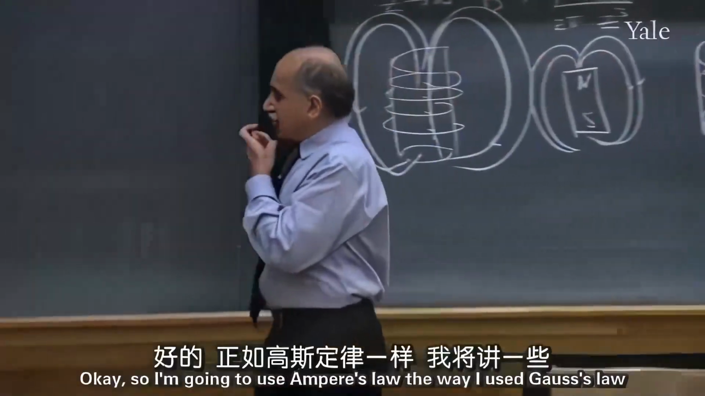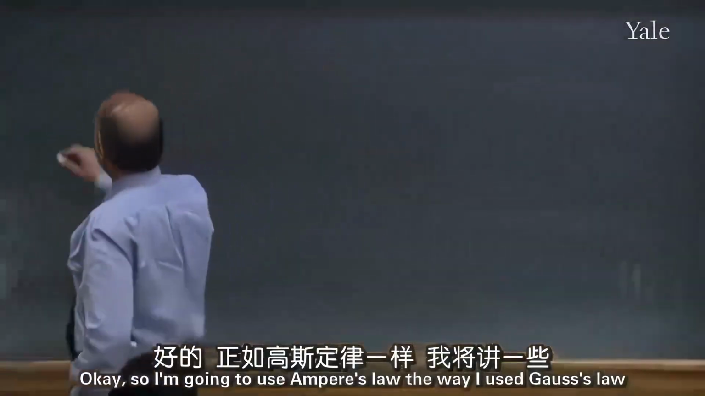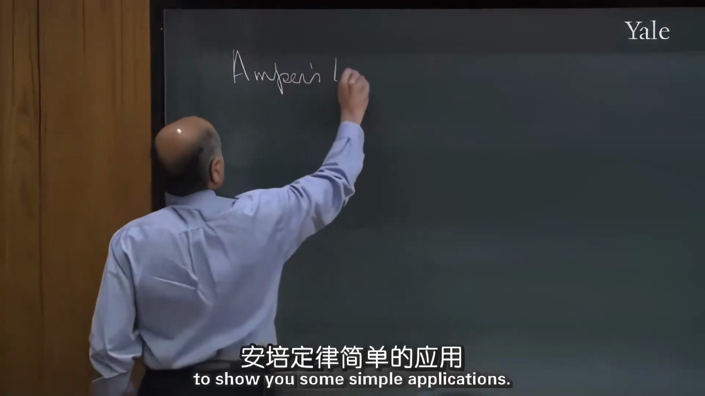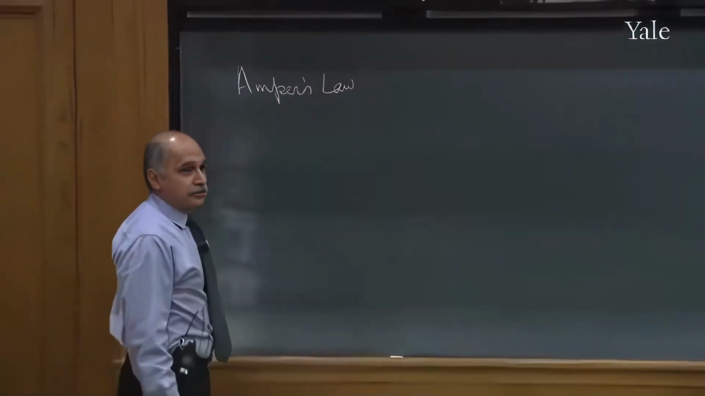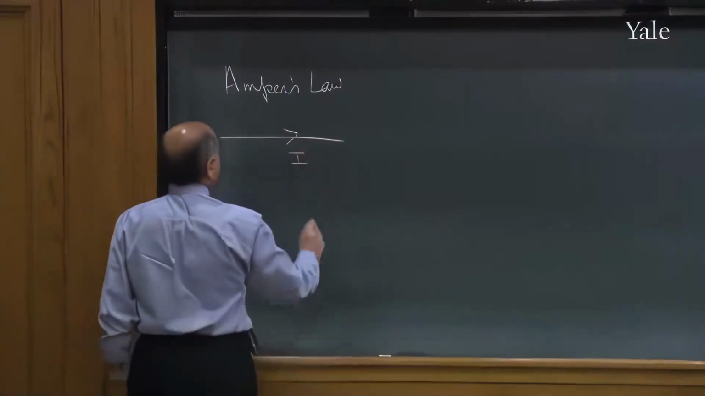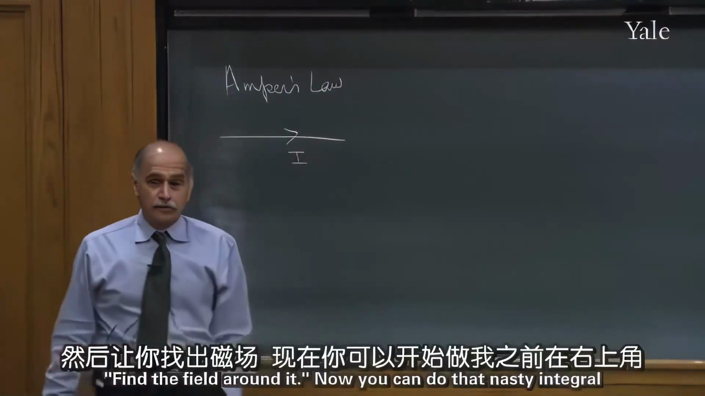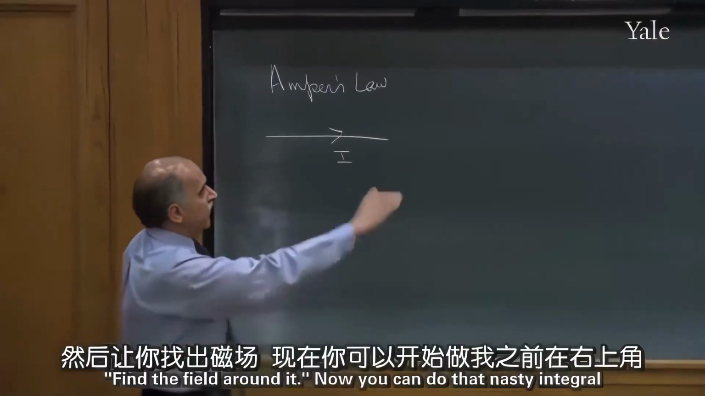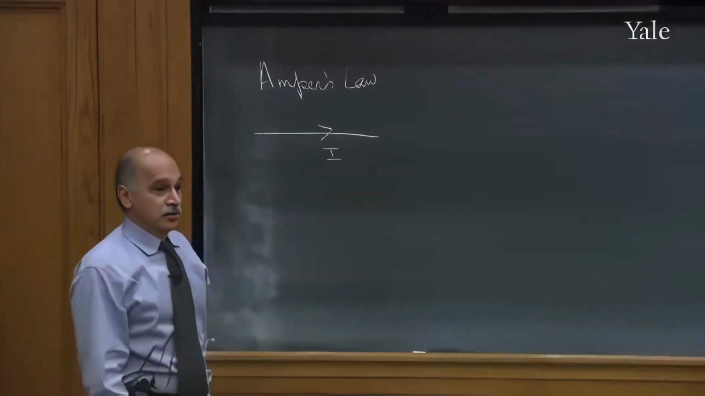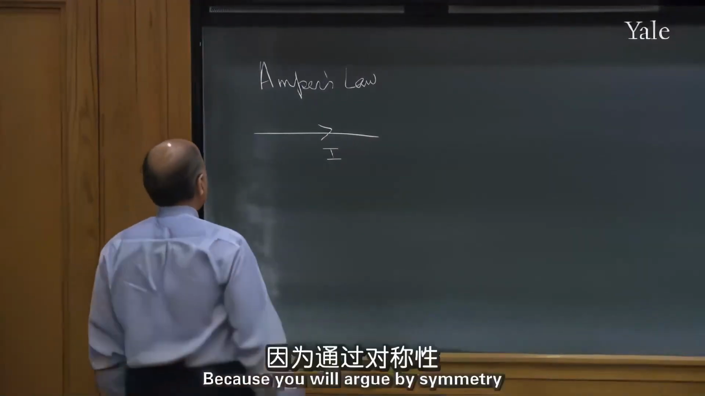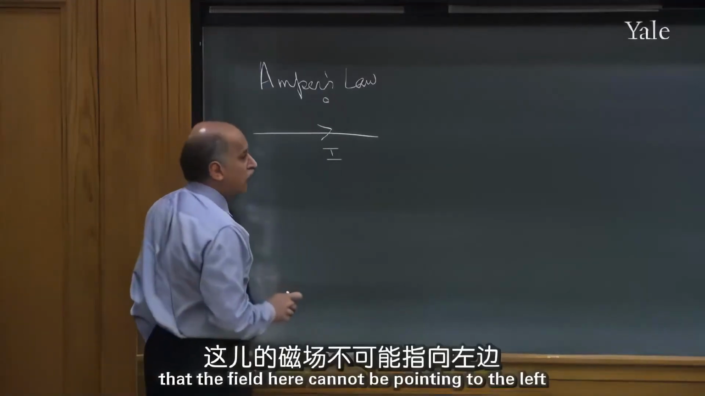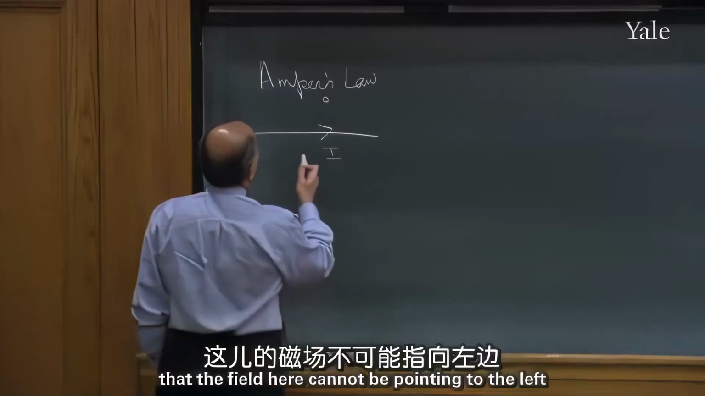Okay, so I'm going to use Ampere's law the way I used Gauss's law to show you some simple applications. Suppose someone gives you an infinite wire and says find the field around it. Now you can do that nasty integral, which I did on the top right corner, but now you don't have to do it. Because you will argue by symmetry that the field here cannot be